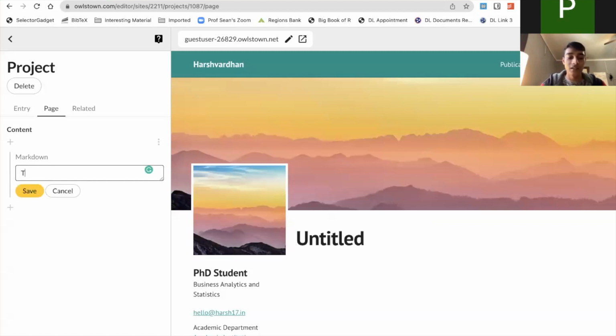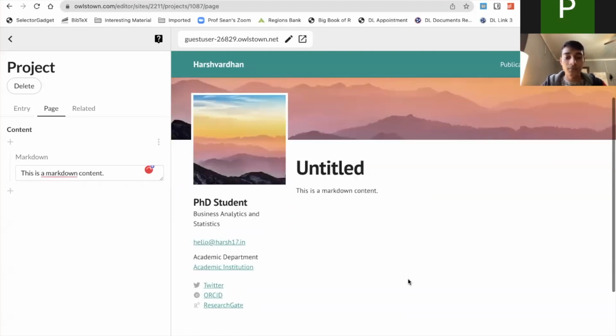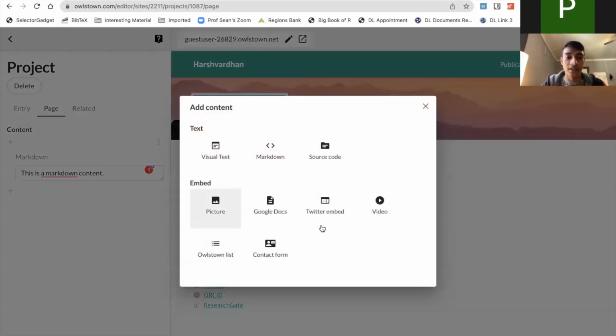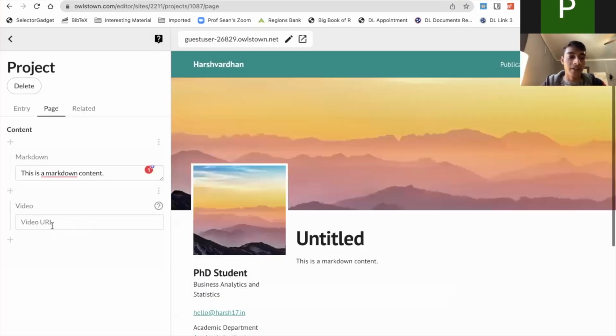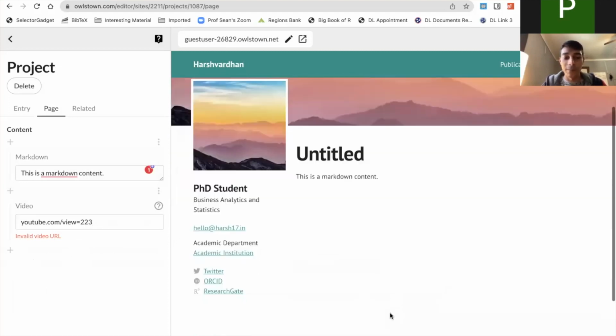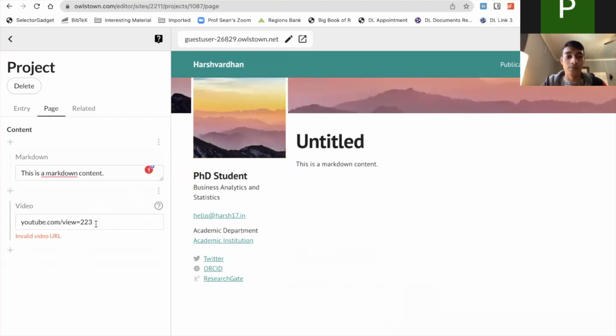Like this is content. Let's see. And there it goes, the Markdown content. What if I want to embed a video? So I'll go to YouTube. Is there a YouTube video? I don't know. So we can always put a youtube.com/view link to, let's say, something. And whatever the URL would be, it will embed the video right there. So it's very easy that way too.